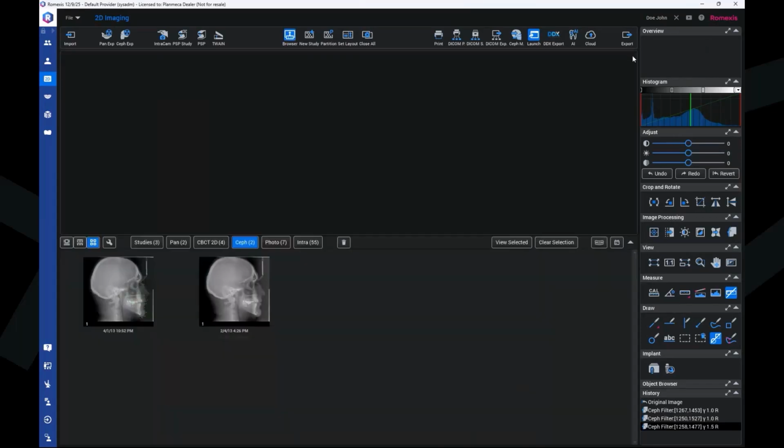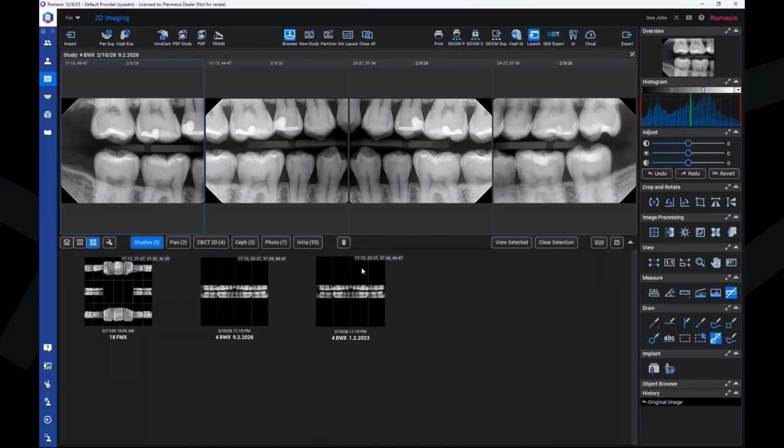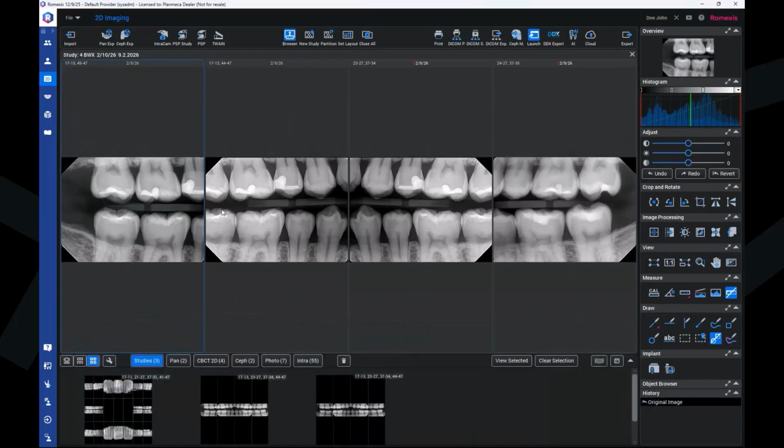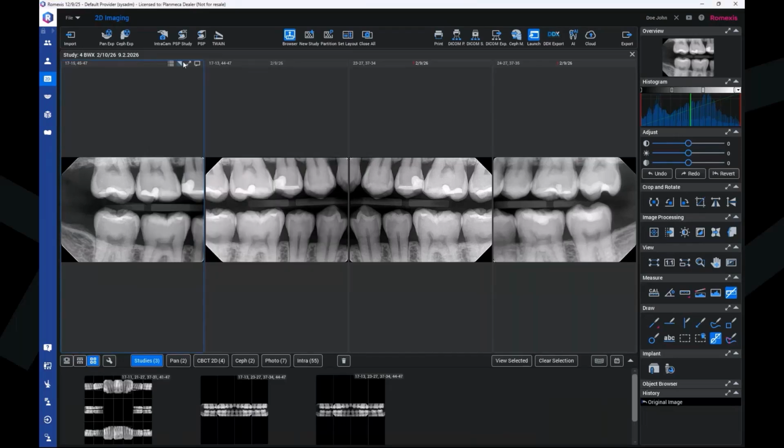Okay, then let's see now the studies. We have a very nice way for the studies. If we open up one here, for the studies, what you can do, just like we saw before when I had opened up the panoramic, intraoral, and photos, also here, if you want to maximize one of these images, whether with this maximize button or with this maximize to full screen,